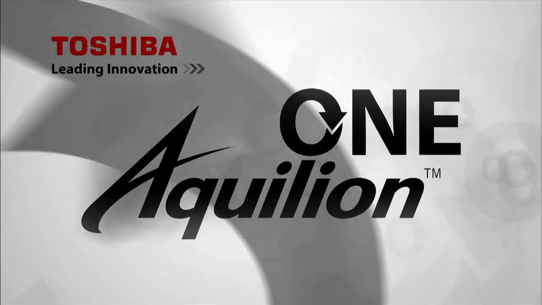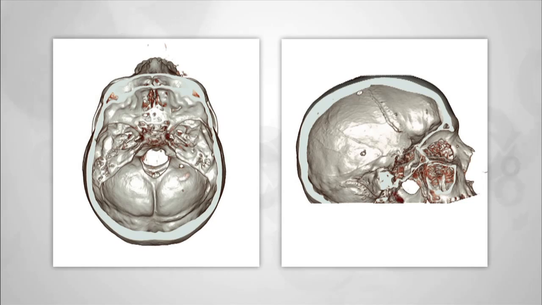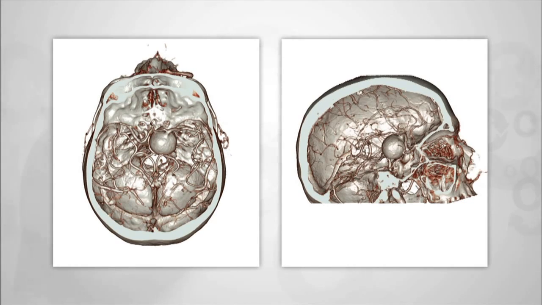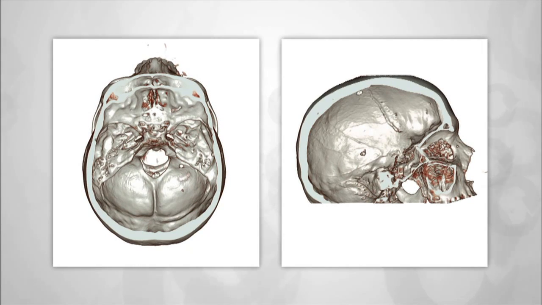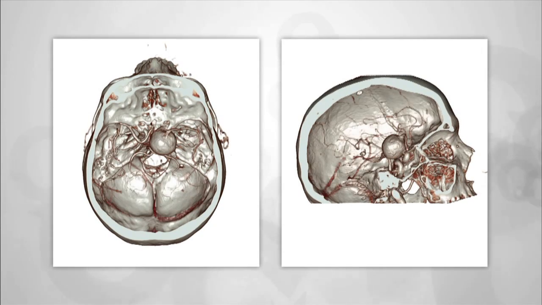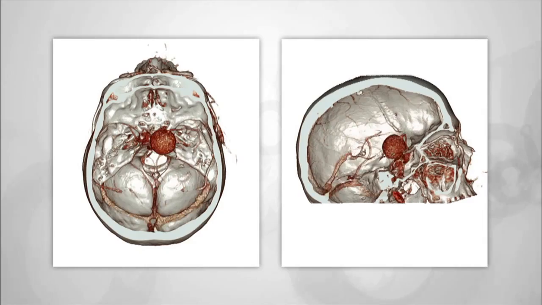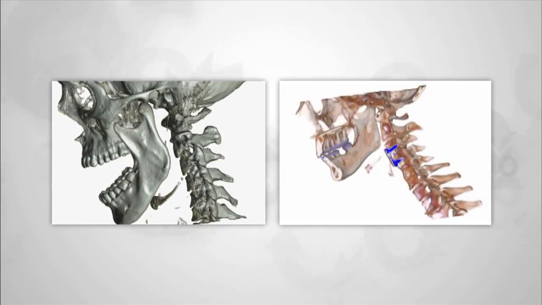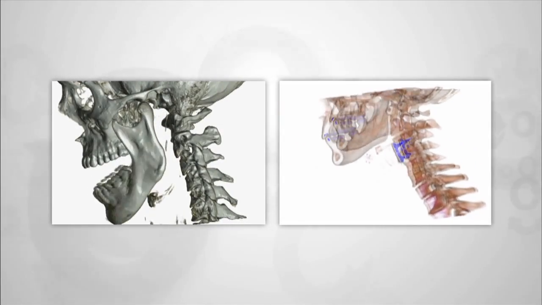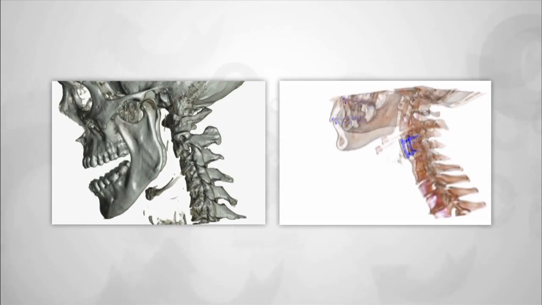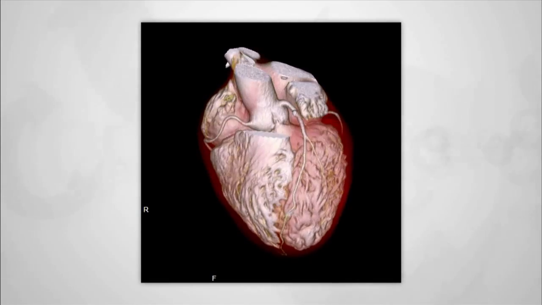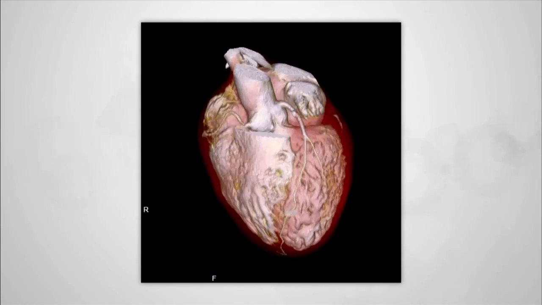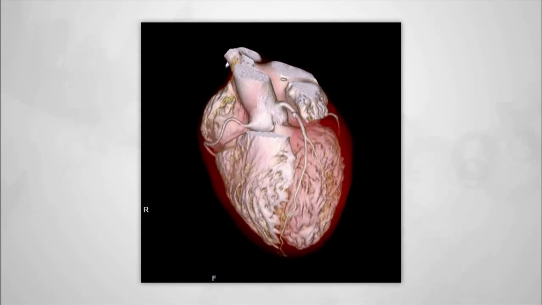Let's take a look at these images that may help. The first one is this dynamic circle of Willis CTA, as you watch the flow of contrast into and out of this large aneurysm. Then we have an open and closed mouth TMJ and a flexion extension cervical spine. Then this 1-beat cardiac CTA, all acquired in the time frame of 1 R to R interval, anatomical and functional